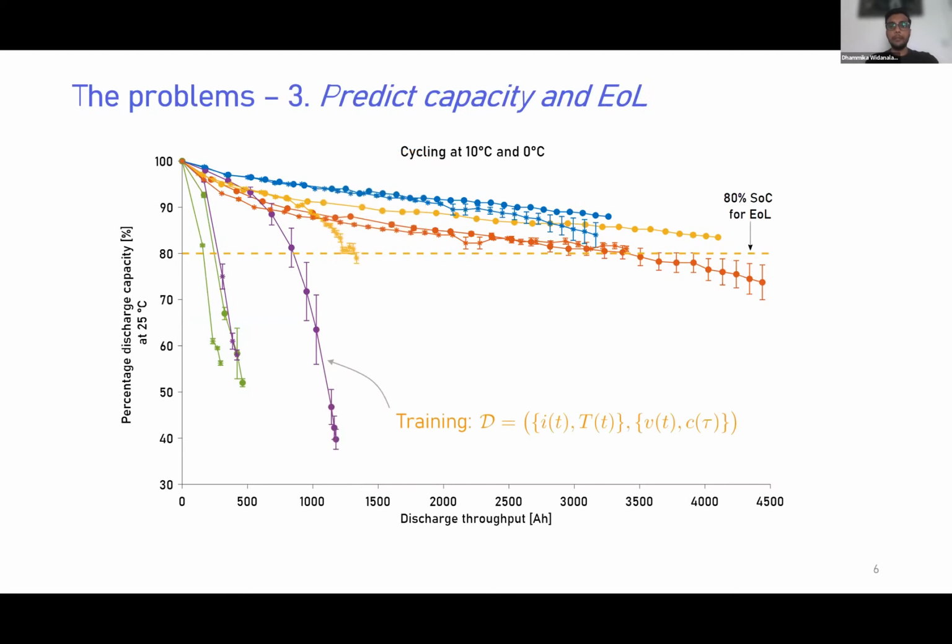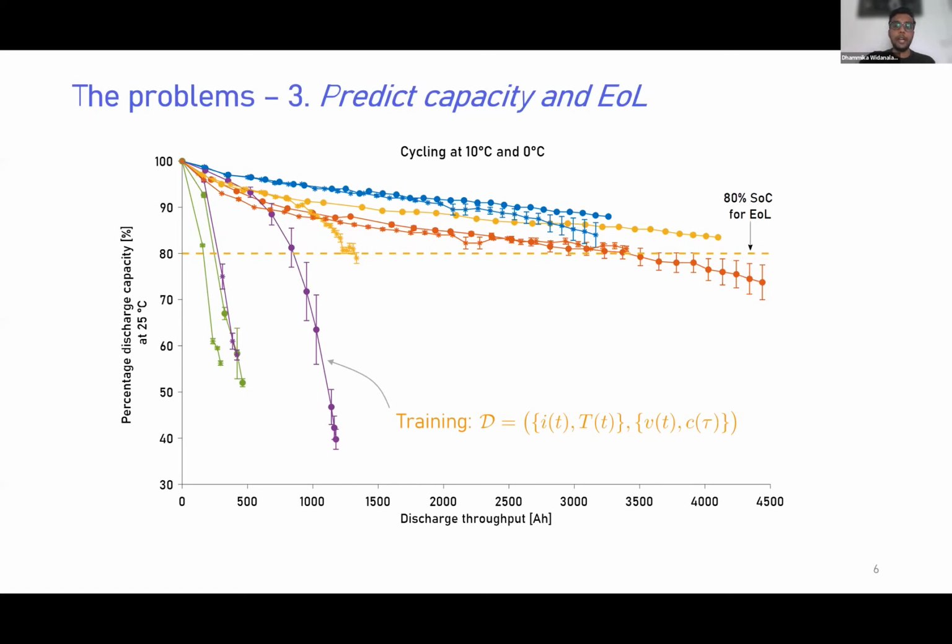And the final problem I would like to address is this much harder problem, whereby we really bring the dynamics into it and say, rather than features, we're going to look at the signals that are exercised in the battery. So the current and the temperature, for example, these are functions of time. And you have some responses, the voltage and capacity, which could also be thought of as a function of time, but occurring at a different time scale.